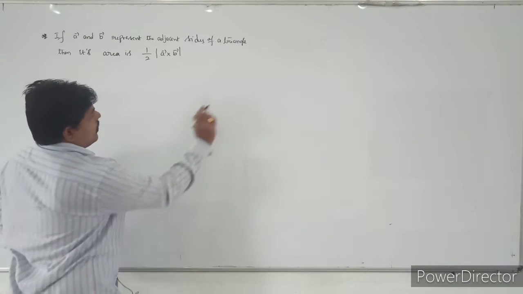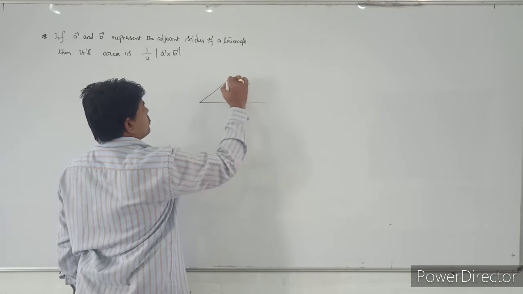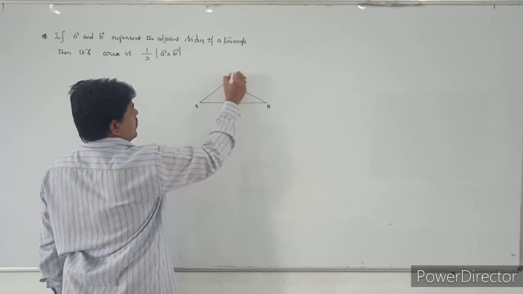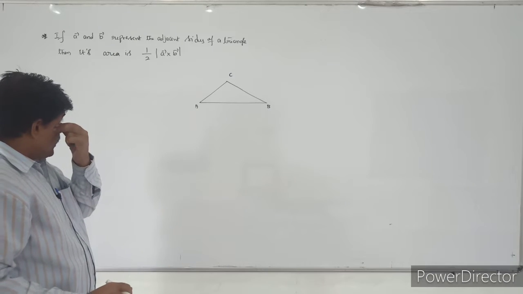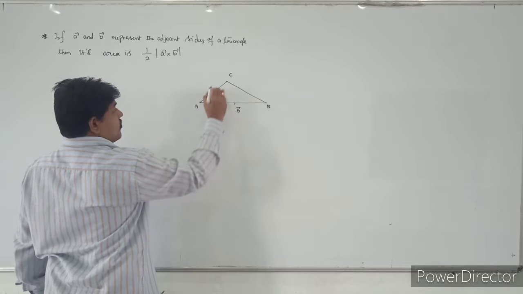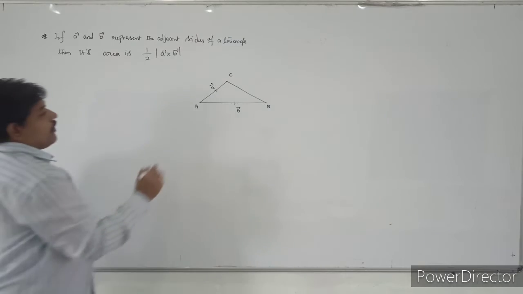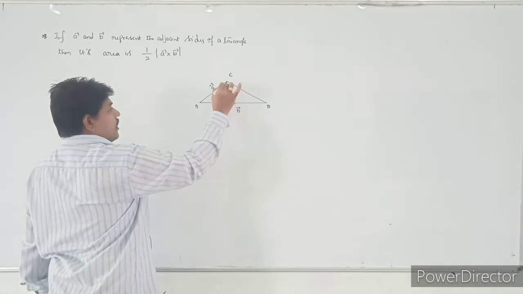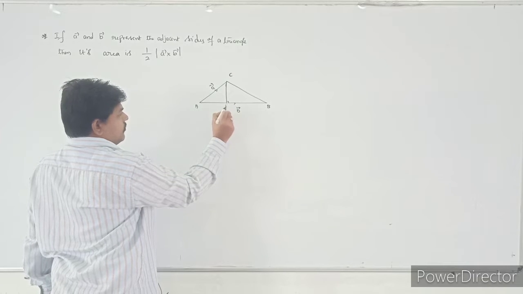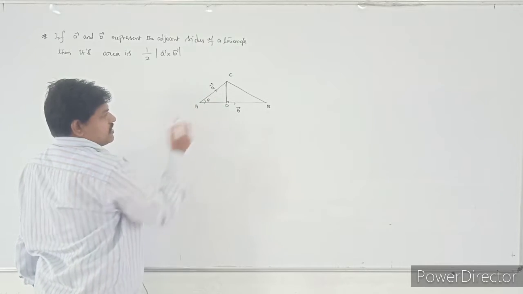So see this one here. I will take a triangle here: A, B and C. Here two adjacent sides are already given. I am taking the adjacent sides, for example, this is the B bar and this is the A bar. If you take a perpendicular line here, this is nothing but D. Under this angle I will take theta. So the angle between A and B is theta.